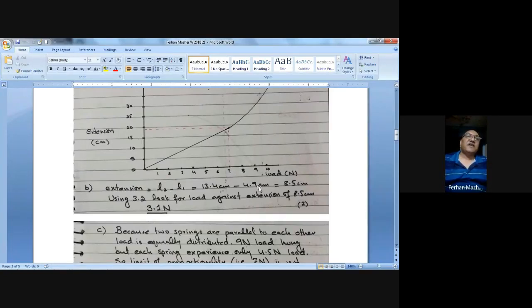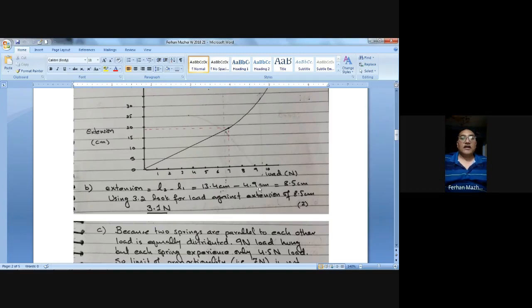Then using figure 3.2, where you have drawn that graph, go to the load 8.5, and from 8.5 load, go to your extension load graph and read what is the corresponding value of the